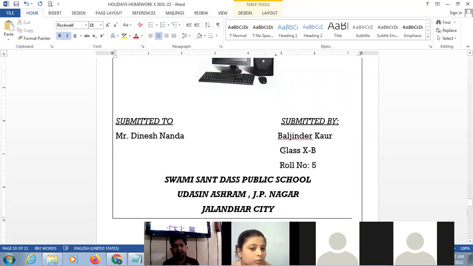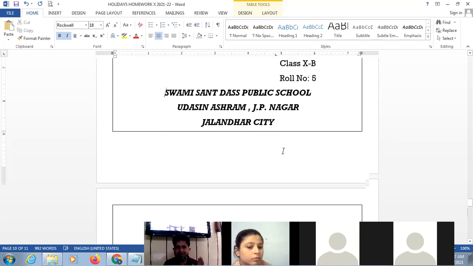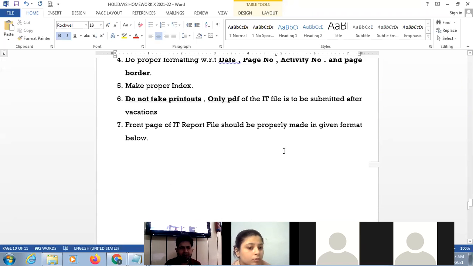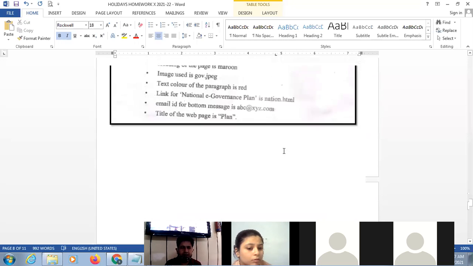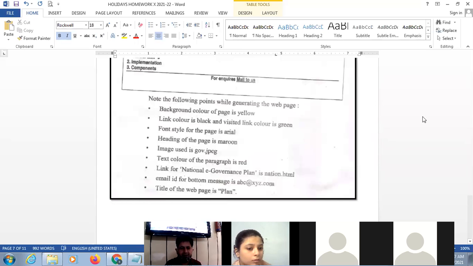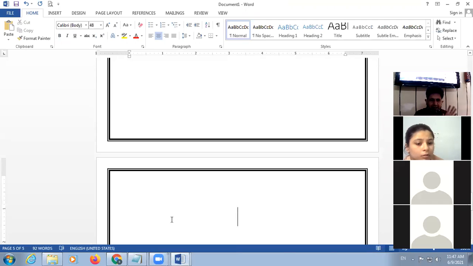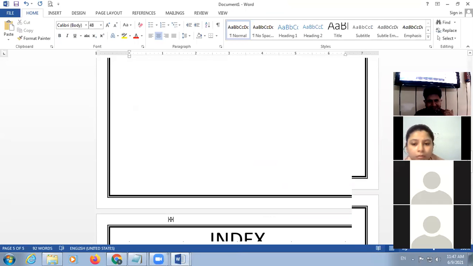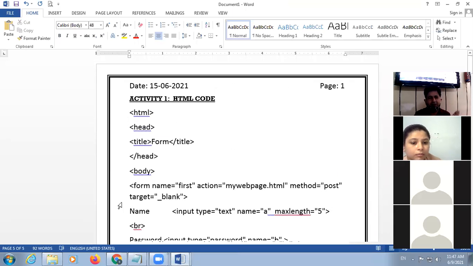So this will be the title page. Okay, students, any doubt? Title page, then there will be index, then you will start your coding and other things. First there will be your title page, second is index, and after that you will start your file, first activity and then second activity, notepad view, and then your browser view.